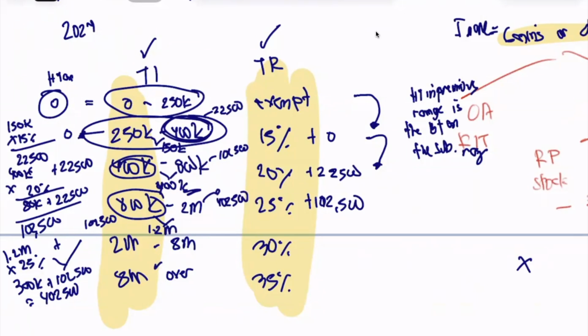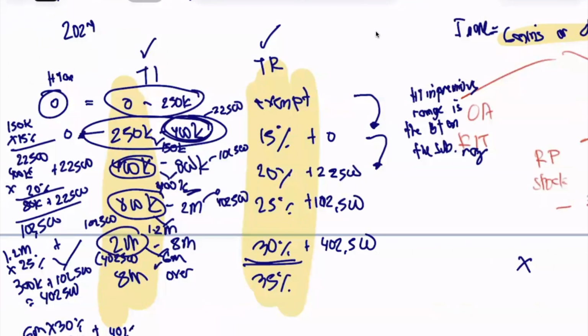So sabi natin, idadagdag mo yan sa next bracket. So ang tax ng 2 million, ano uli? 402,500. So magkano na lang natira dyan? 6 million. 8 million less 2 million. So 6 million multiplied by the rate of 30%, this is 1.8 million, plus yung tax ng 2 million na 402,500, naging 2,202,500 siya. Kaya ang basic tax naman nito ay 2,202,500. So ang tax ng 8 million,